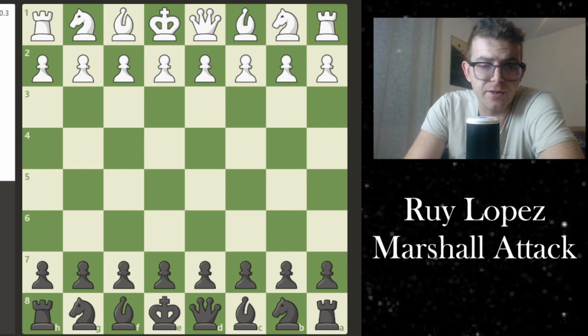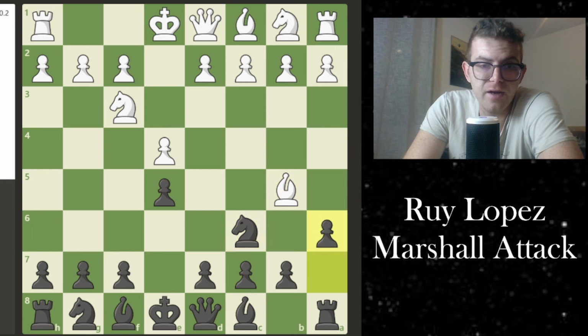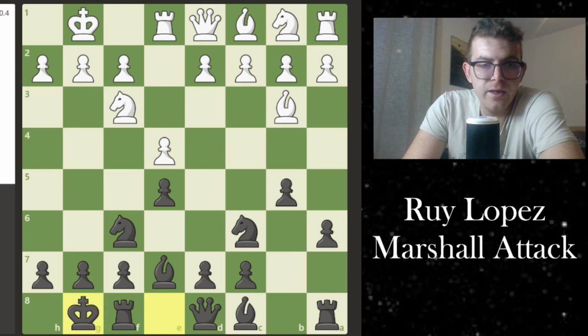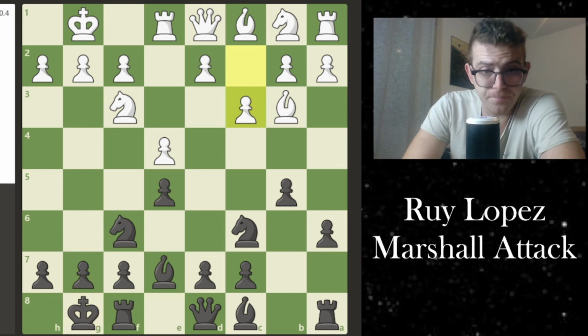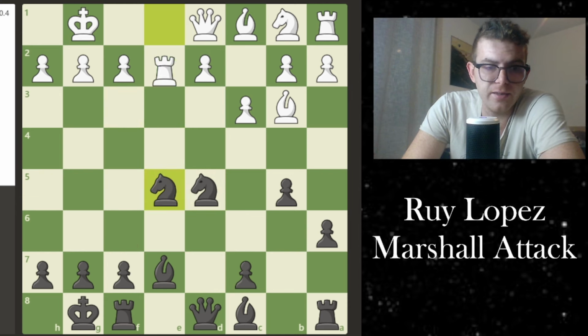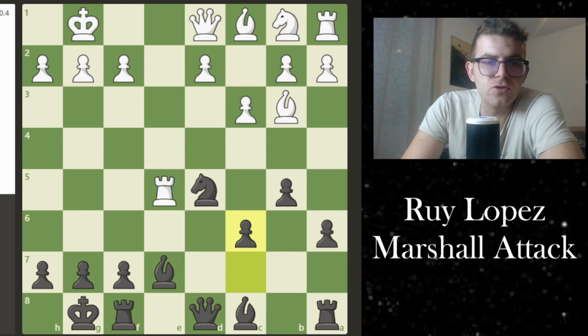So let's start. e4, e5, knight f3, knight c6, bishop b5, a6, and we reach the Marshall Attack in this position with c3. So we strike in the center, take, and c6, protecting the knight. And now usually white can retreat the bishop, but the most common move here is d4. So d4,